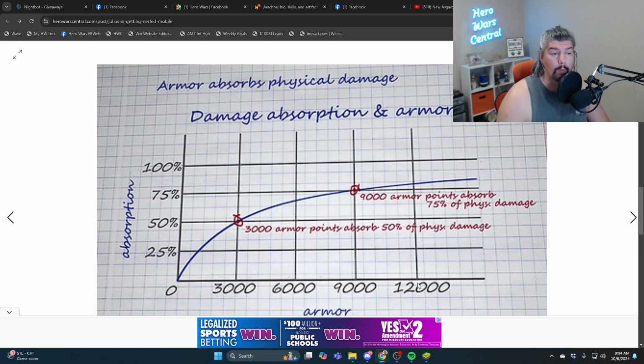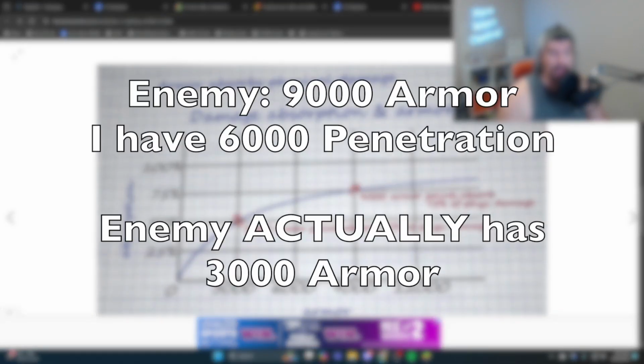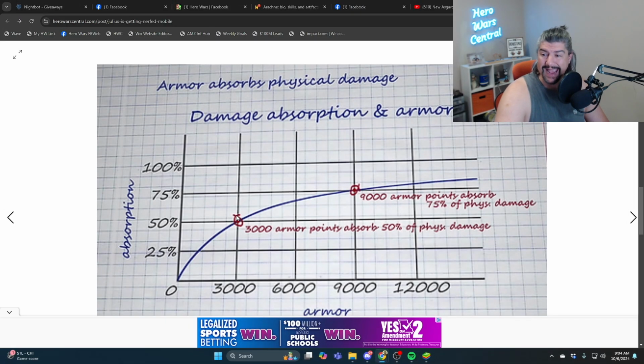Now, the way that armor penetration and magic penetration work, it's just a subtraction. So the enemy has 9,000 armor. You hit them with an attack of the applicable amount. The damage is reduced by 75% because they have 9,000. However, you have 6,000 magic penetration or armor penetration, whichever attack you're using. So 9,000 minus 6,000 brings you down to 3,000 armor or magic defense, and then the reduction is 50% instead